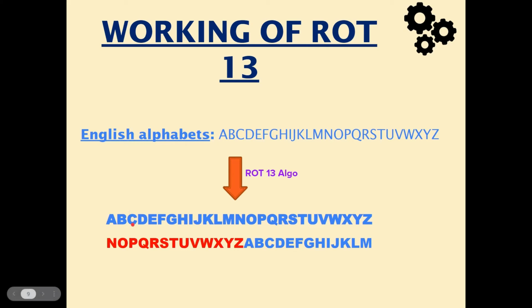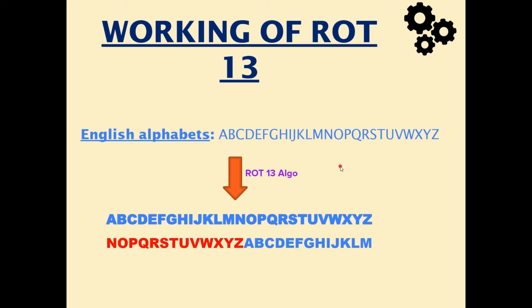For example, if we take cat, C-A-T, it is understandable by any human. But what if we apply this ROT13 algorithm? It will turn out to be PNG. PNG doesn't stand for anything; it doesn't mean anything. So people without knowing this algorithm won't get that it is encrypted.